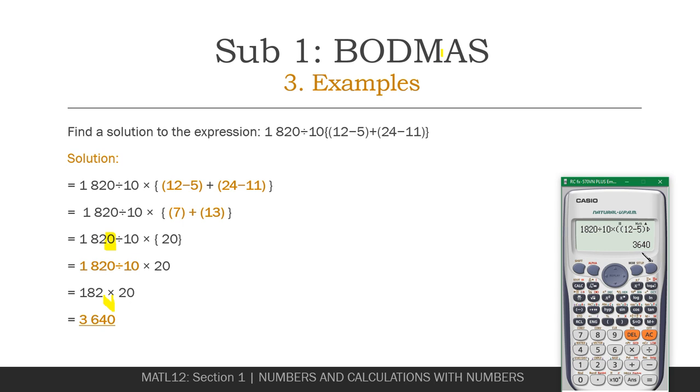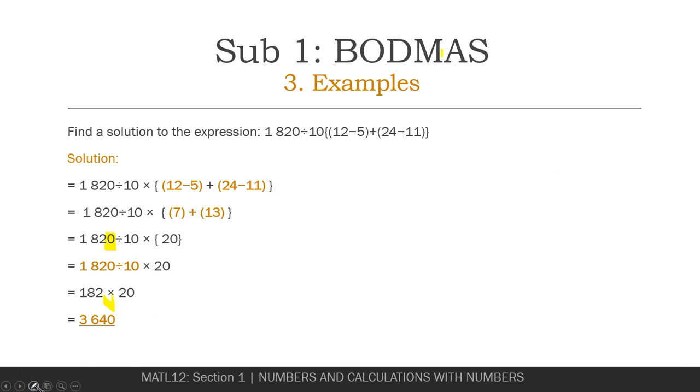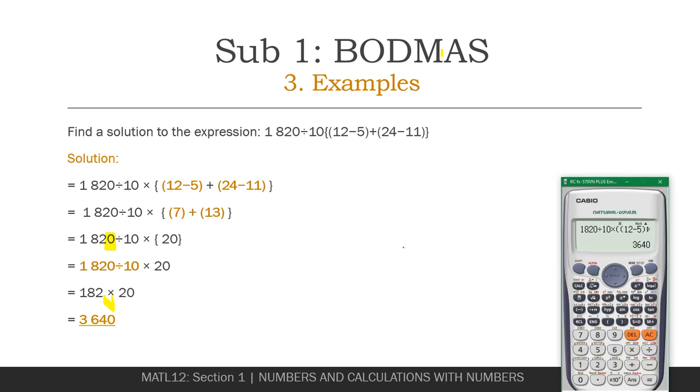Another thing I can show you, just because I finished a bit early. With this extra minute, I'll show you something else. This is me verifying at step 1, but there is nothing stopping me from verifying on each and every single step that I'm talking about. So if I go 1820 divided by 10 multiplied by,